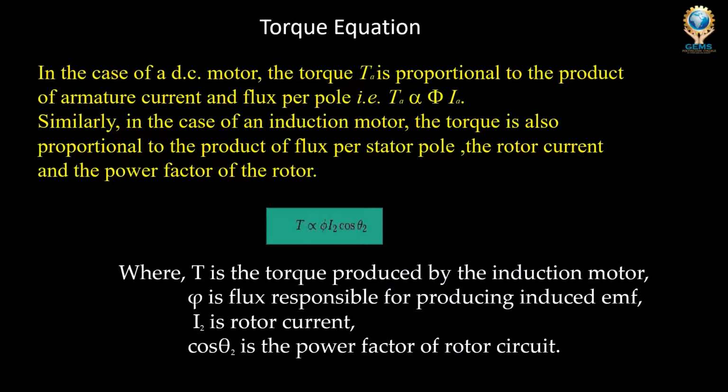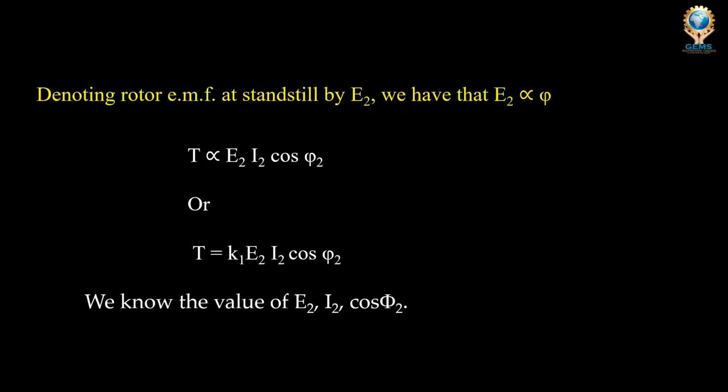So here three factors I told: one is rotor power factor, rotor current and then stator flux. Okay, three things we are going to see step by step. And then we are going to see at different times, at starting time and running time. These three things we combined together: flux, and another one is current. Here I mentioned E2.